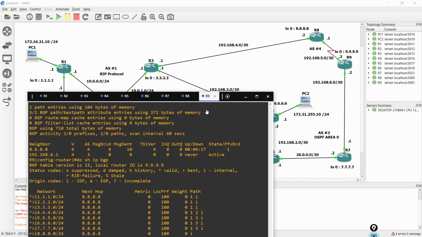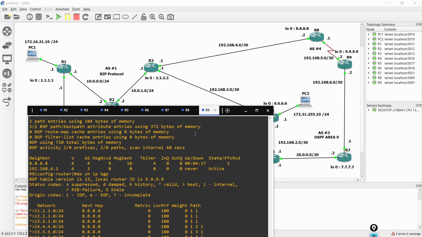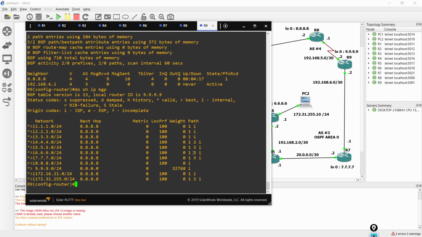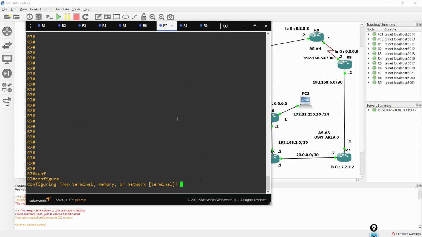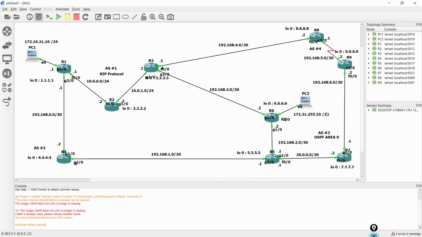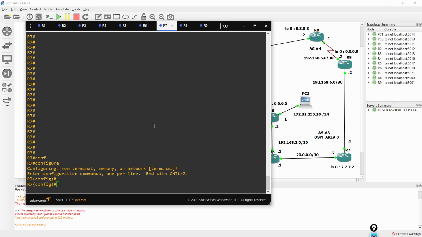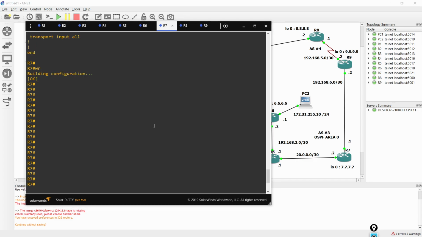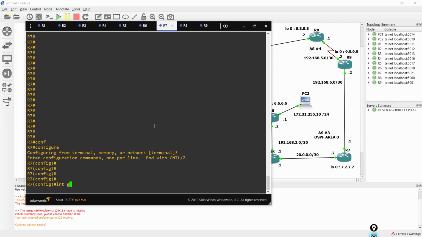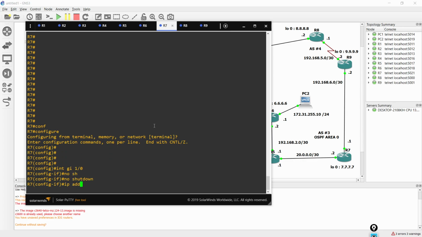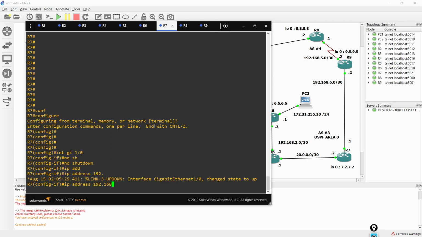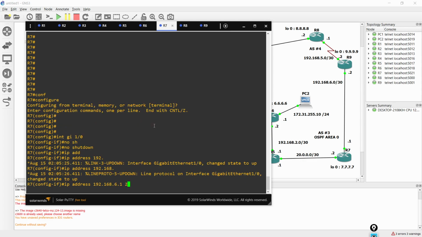So we need to do what? We need to add this interface as well to the system. So I'm gonna do that exactly the same. First, let's go to R7, config terminal, which interface it is. Yeah, this is the interface, 10. So interface Gi1/0, sorry. Interface Gi1/0, no shut. IP address will be 192.168.6.1,